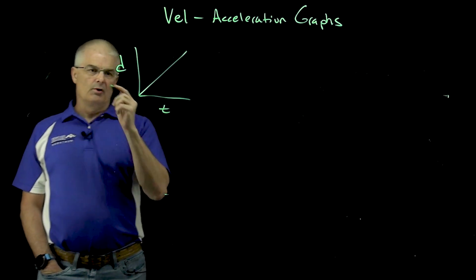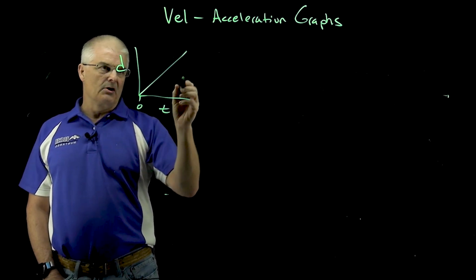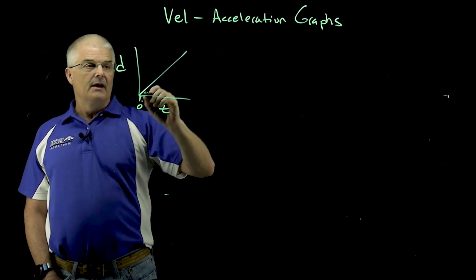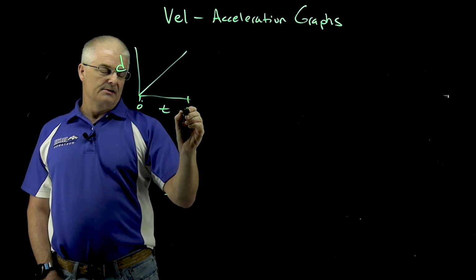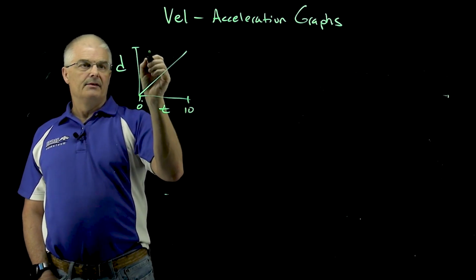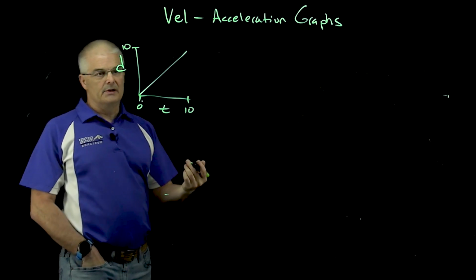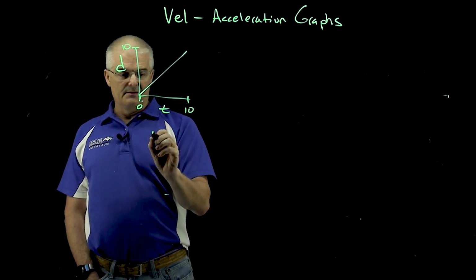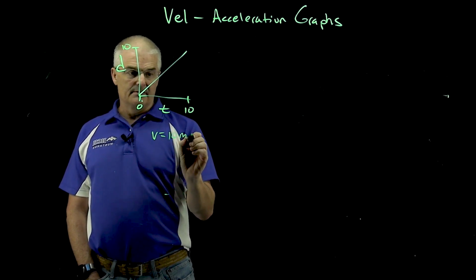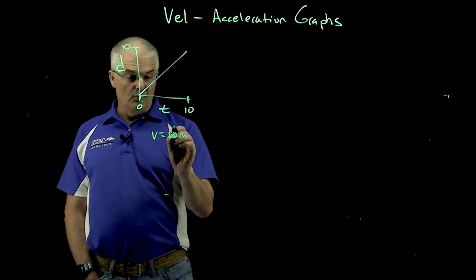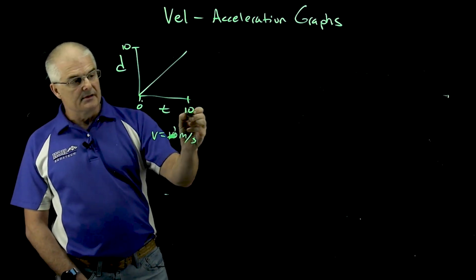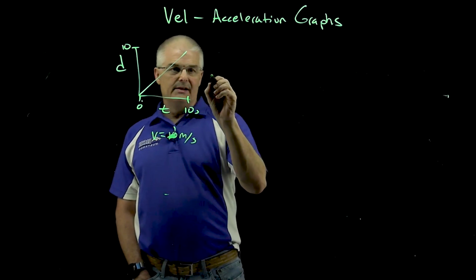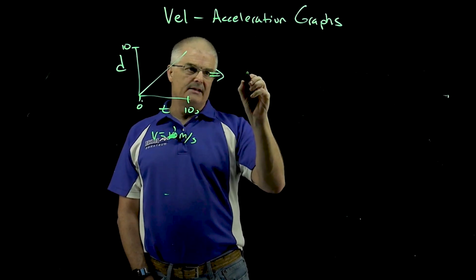Okay. So a person starts and they start moving, maybe they're in a car, something like that. They start moving and they get faster. Actually, they move off. If this is, let's say this is time 10 and this is distance 10. It's super easy, slope. And so they're traveling 10 meters in 10 seconds. So we can say that the velocity is 10 meters per second. Or probably be 1 meter per second because they're 10 meters in 10 seconds, right? So that is that. And so we could then say, what would this graph look like if I did velocity